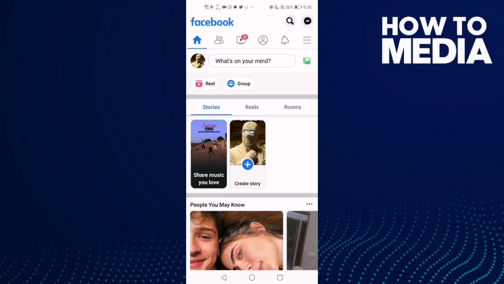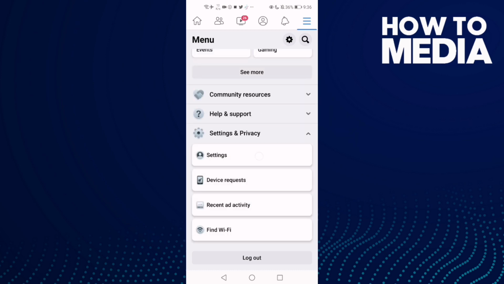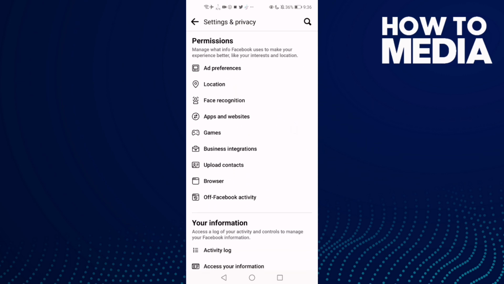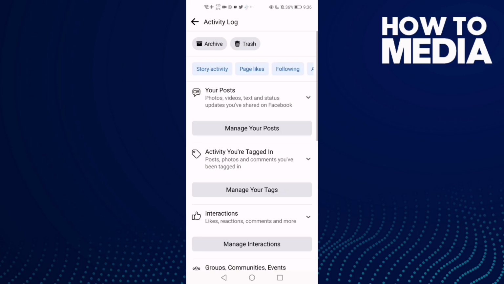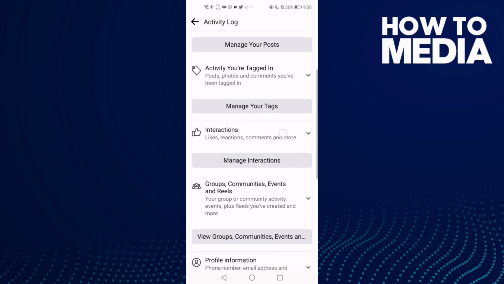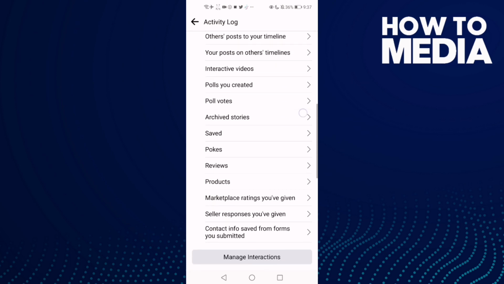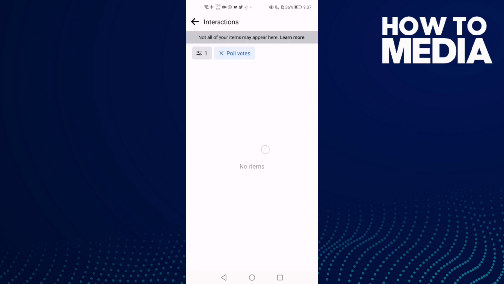and then click these three lines here and go down until you find settings and privacy and then click settings and go down, click this one, activity log, and then interactions. Now on it to just click this one, poll votes, and here you can manage your poll votes, activity history